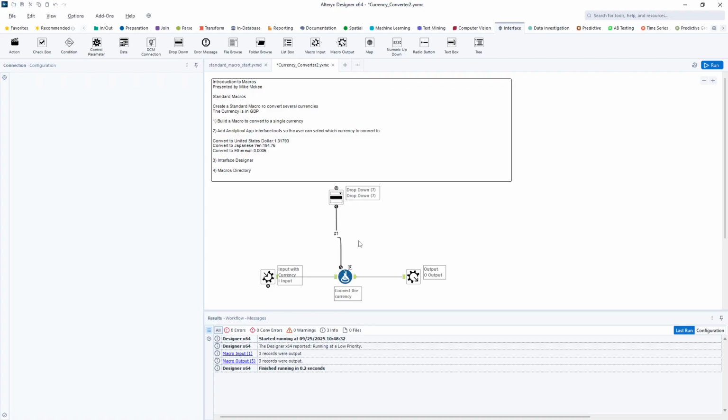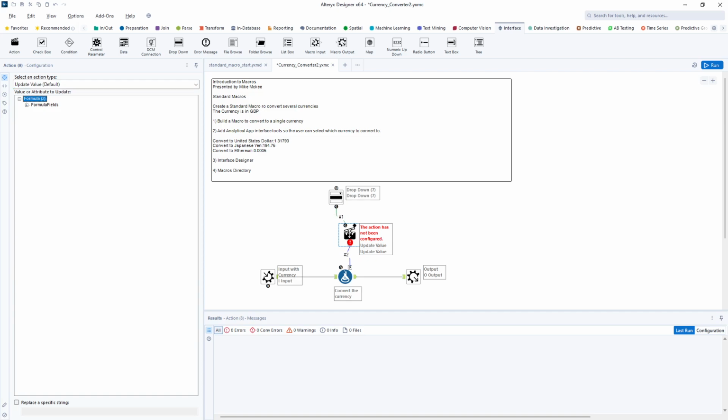It is a variable. What I can also do is connect this to the lightning bolt, and it automatically puts an update value tool in here, which is the action tool, to update the values in the tool. When I configure this action tool, it's actually looking inside the tool it's connected to, whatever that tool is, and looking at how things are configured. Now I can change any part of this configuration. In my situation, I'm just going to update a value, but you do have some other options in there. I'm going to update this expression,